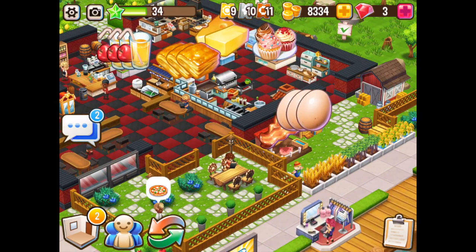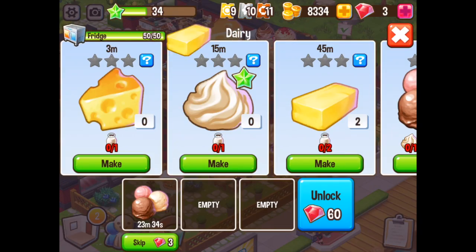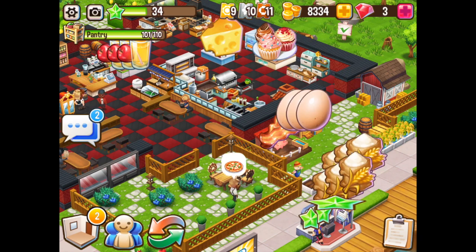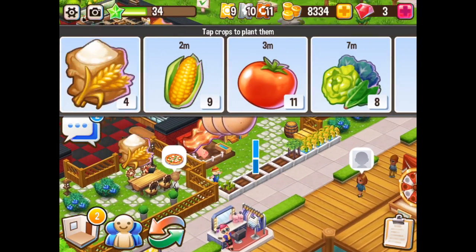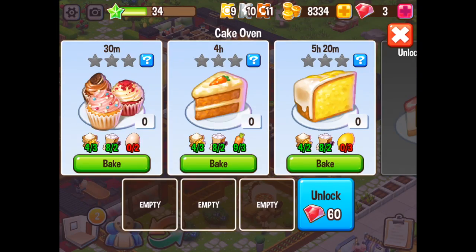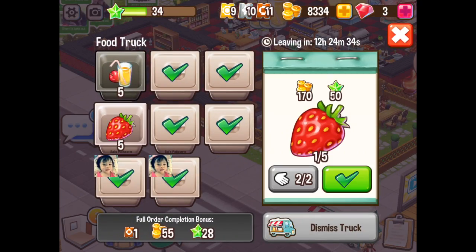Now, the event was very healthy focused, so we used a lot of carrots, and we used a lot of apples. Oh my goodness, did I actually have to grow a lot or chop down a lot of trees just to be able to complete some of these requests. Now, was it a challenge? Yes, it was, because I've only got so many boxes within my restaurant, and I still need to fill regular